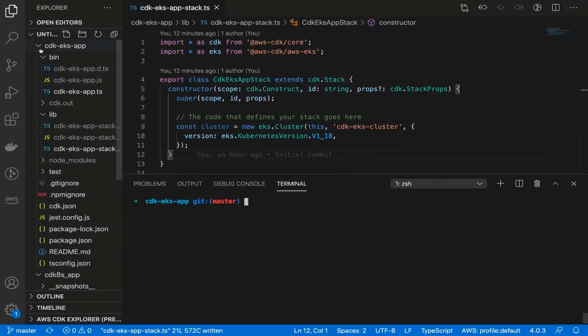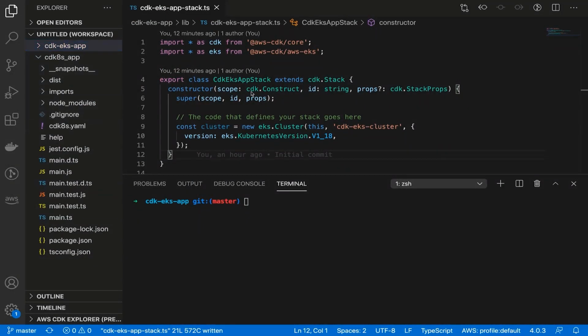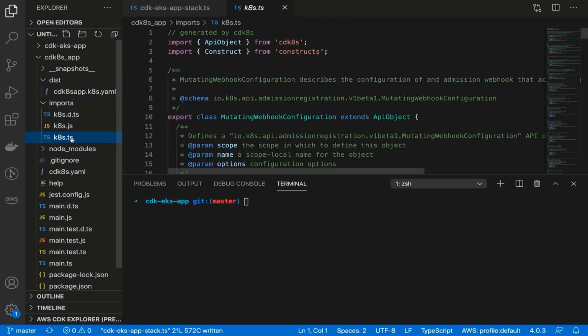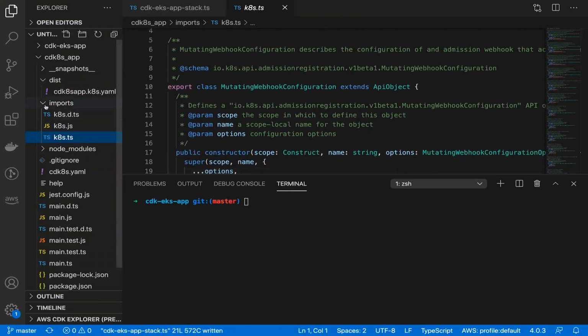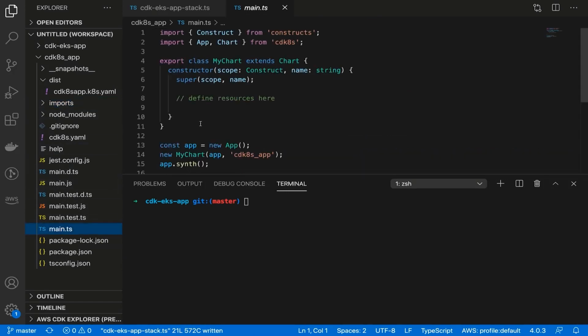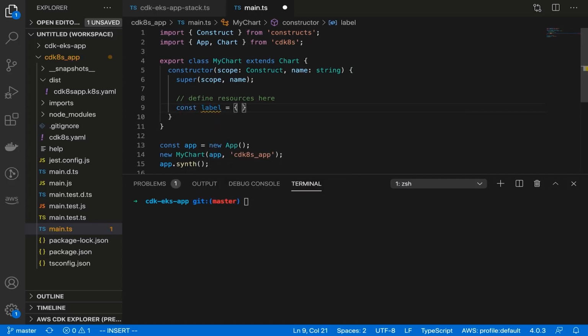So here we'll just close that CDK EKS app, but we have the CDK app open now with the boilerplate, and it includes an import of the Kubernetes TypeScript library, and it has all the constructs within the Kubernetes library for us to import, and we'll do that soon. In the main.typescript file, that's the one you'd add it, and I'm just going to add a label, pod info